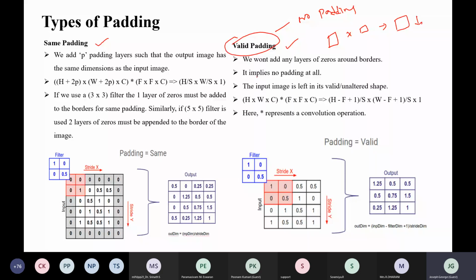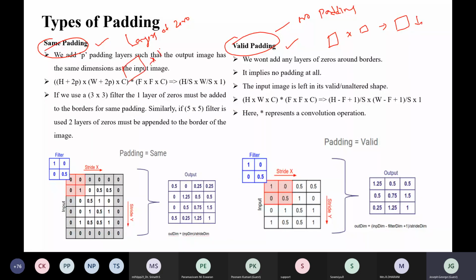Suppose you are using same padding, then what happens? Layers of zeros will be added, and then the input size of the image will be retained.